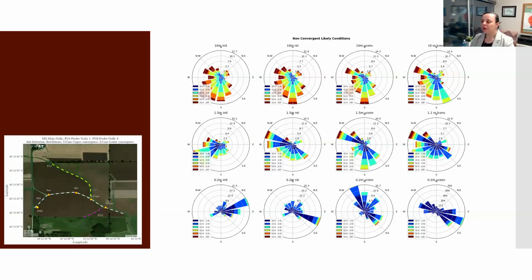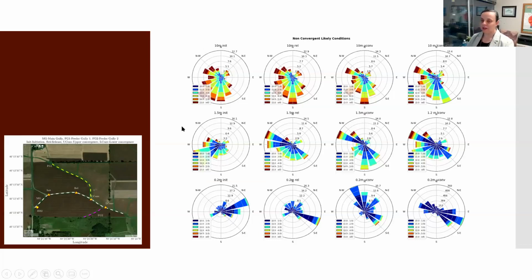We also looked at these two groups of data, the convergent likely and the non-convergent likely, in terms of wind direction, because it's going to be a combination of those two things. So very slow winds, or we thought very slow winds, and wind aligned with the gully direction. So here, looking at the non-convergent likely conditions,